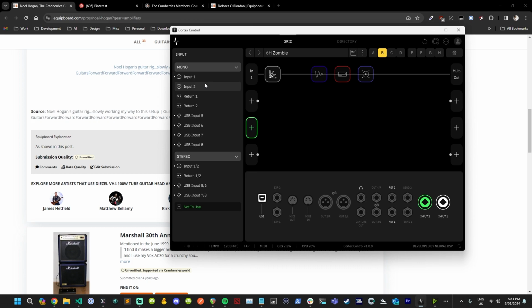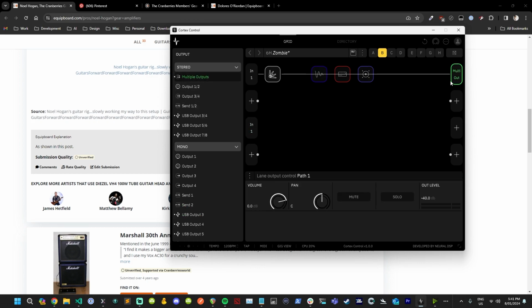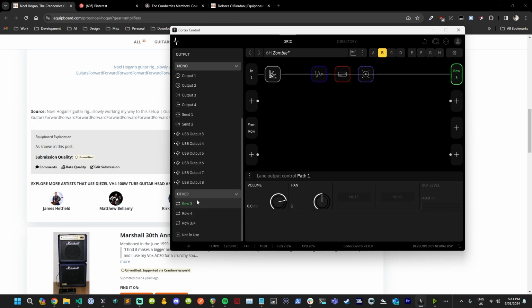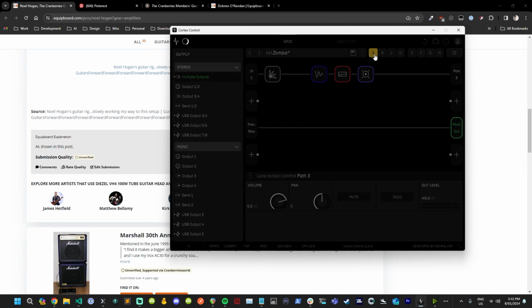So now let's go input 1, and we're going to route this out to row 3. Okay, let's see if this still works. It's not going to work because I didn't have my output set. That's good. If we go back to clean,